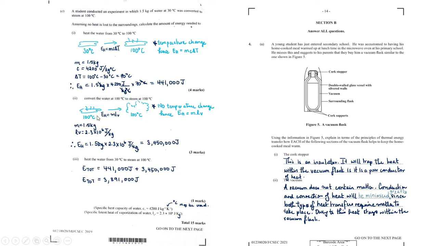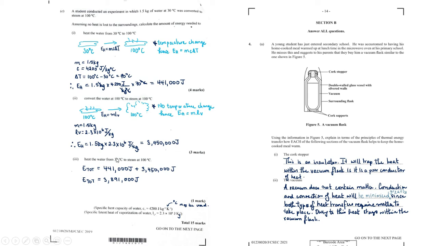at 100 degrees. And as you can see, the temperature didn't change, but the phase did, because it went from hot water to steam. So whenever there is no temperature change, you would use either E equal to mLF or mLV, depending on what transition is occurring. We're going from water to gas, so it's going to be LV. So what we're going to do is mass is equal to 1.5 kilograms. LV is 2.3 times 10 to the 6 joules per kilogram. So you just multiply the m and the LV, and you get